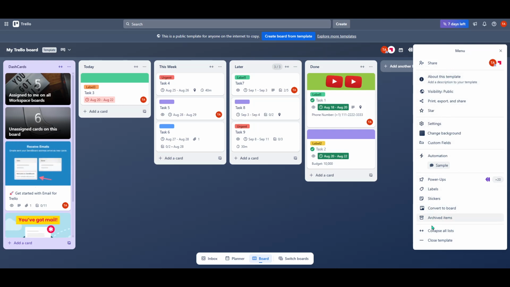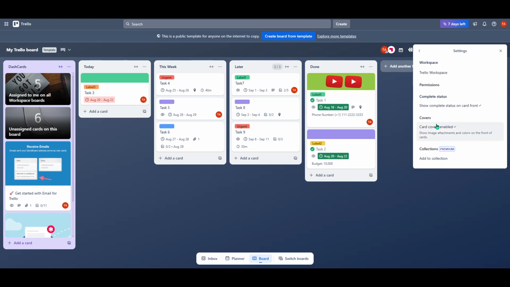Next, from this menu, you'll want to select the Settings option. The Settings section contains various tools that give you more control over your board's appearance and functionality, making it a vital stop on this short journey to decluttering your Trello experience. Selecting Settings will take you to a new set of options where you can modify how your board operates and